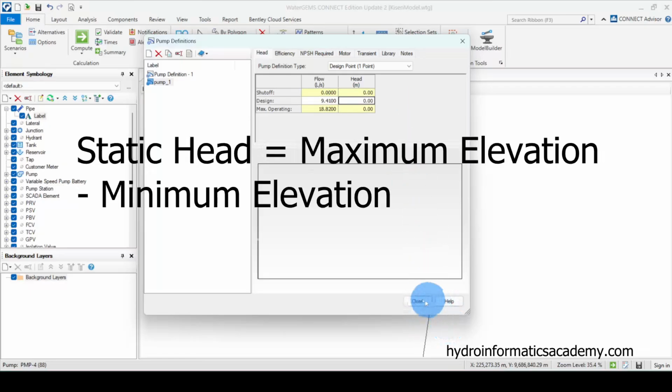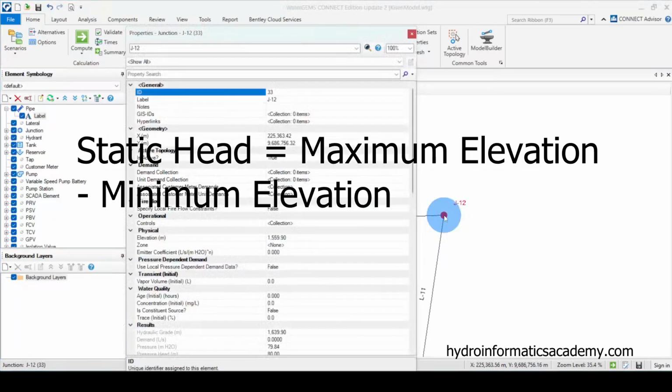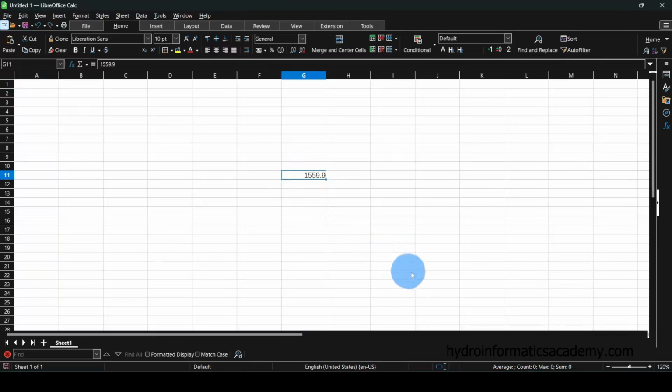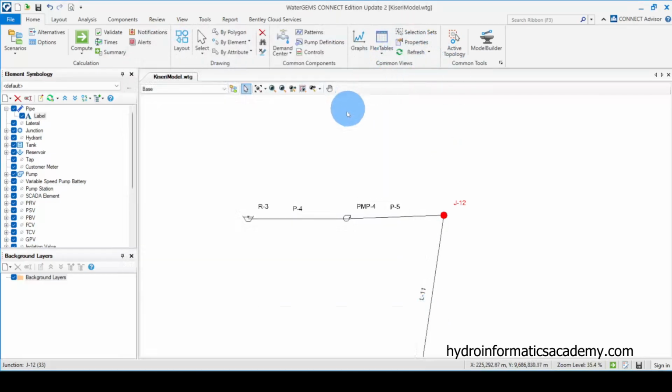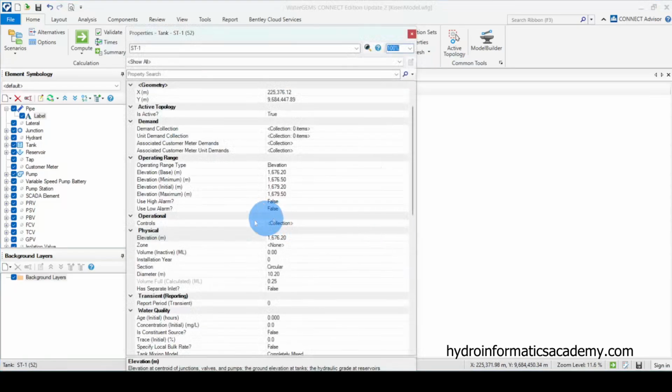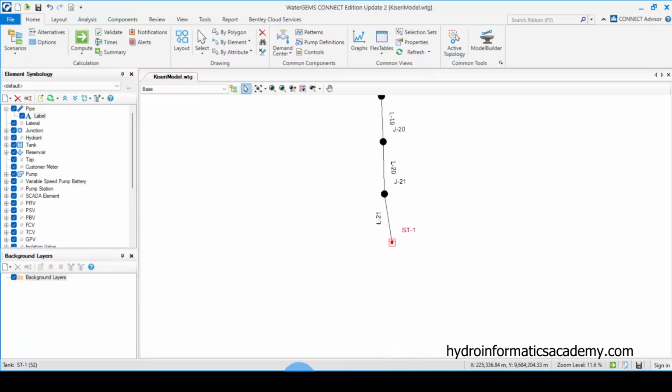And if I close this, you can tell the elevation at this point here where our pump is located, which was this one here. The elevation at this point here was this value. So if I copy this value and actually paste it somewhere here. Okay, so if I go back to where our final point is located, which was this one, the elevation at this point here was this value. So if I copy this value and I paste it somewhere here,